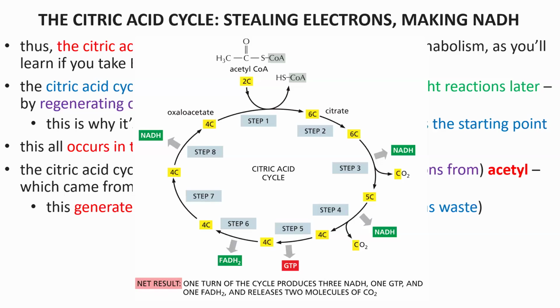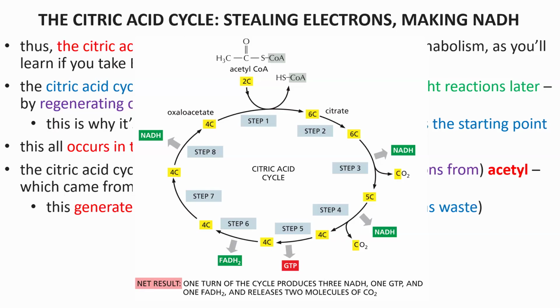Remember, we're doing 2 citric acid cycles for every glucose we consume because we made 2 acetyls from that glucose, because we made 2 pyruvates from that glucose. And we already lost 2 carbons when we converted pyruvate into acetyl. So here we see a carbon dioxide comes off here in step 3, and a second carbon dioxide comes out here in step 4. So 2 carbon dioxides coming off of this citric acid cycle, 2 more coming off of the other acetyl that we made from that glucose, so there's 4. And then we saw 2 carbons released as carbon dioxide when we converted pyruvate into acetyl. There's your 6 carbons, there's glucose.